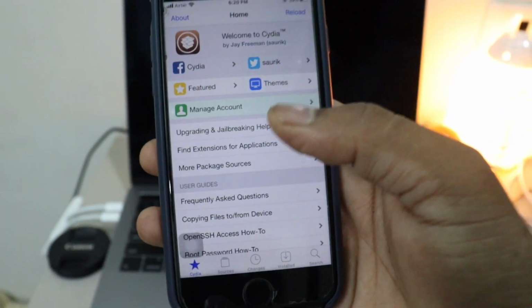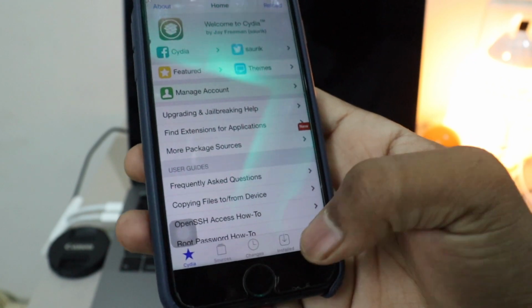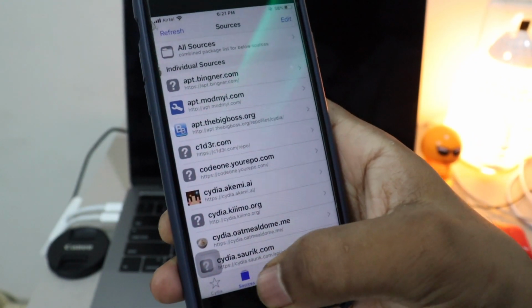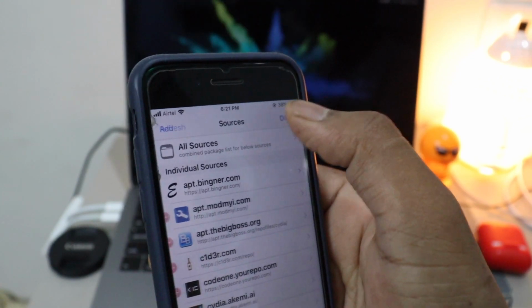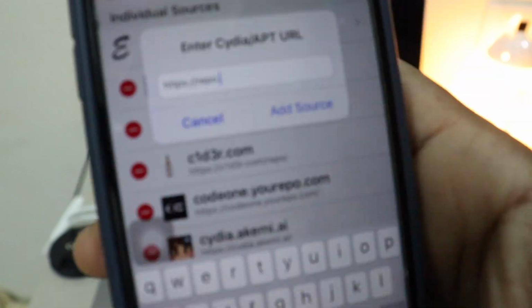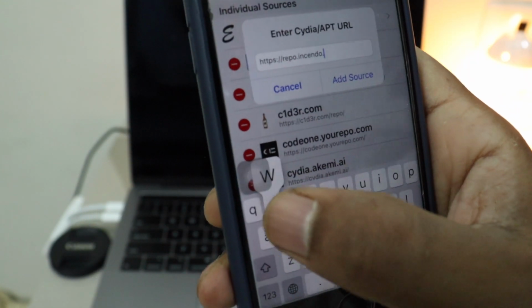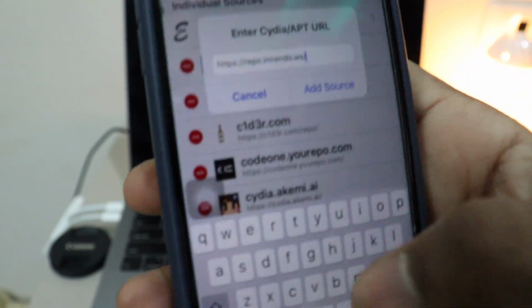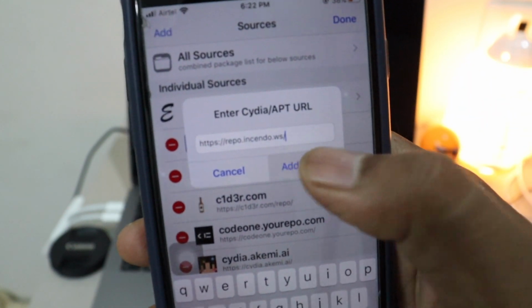Now we are not done here, we need to add one more repo and tweaks on how you can stop Uncover being revoked. For that, go to the Cydia in resource, click on edit, click on add, and here we need to add repo.incendo.ws, and click on add source.